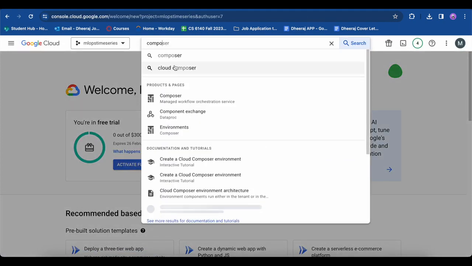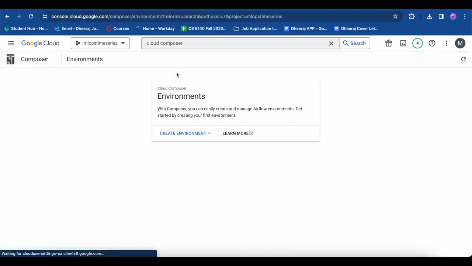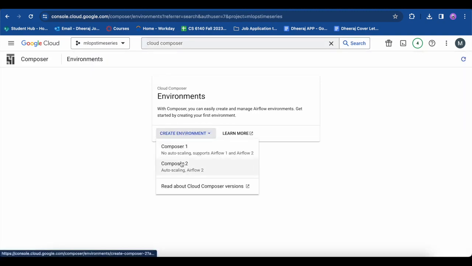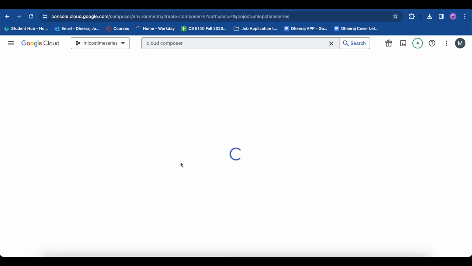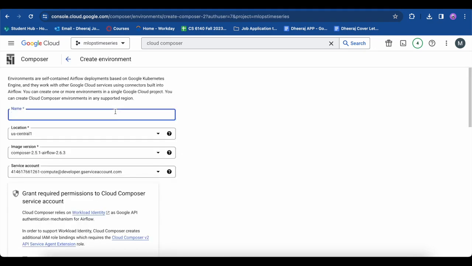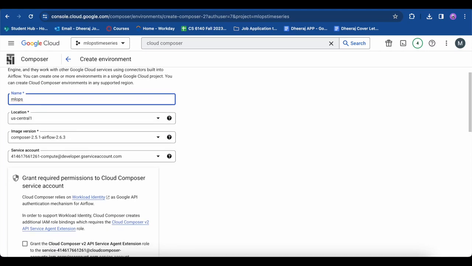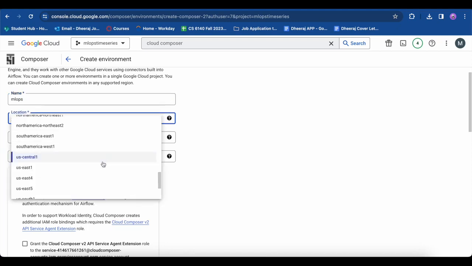Since the composer is already enabled, let's try to create a new environment. Here we have the options of Composer 1 and Composer 2, where Composer 2 comes with auto scaling and supports Airflow 2, which we'll choose. And here we can name the environment to be anything. Now let's name it mlops, and the location can be anything, but we'll choose US East